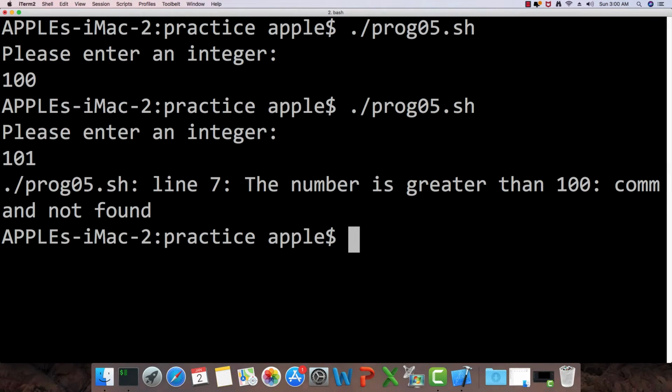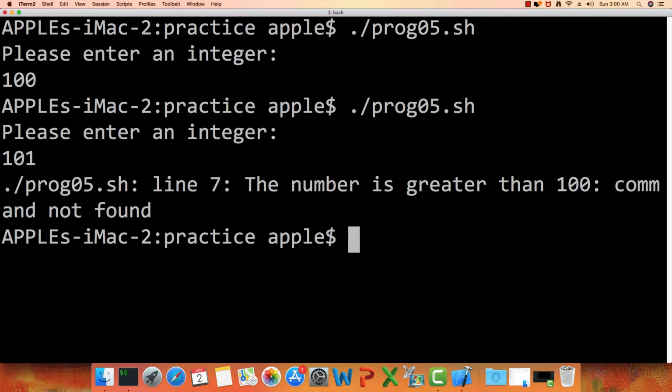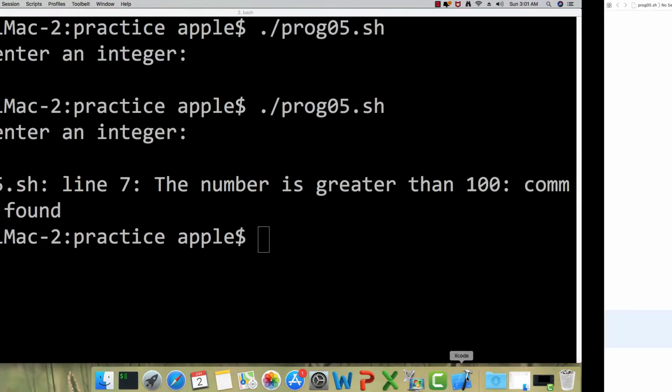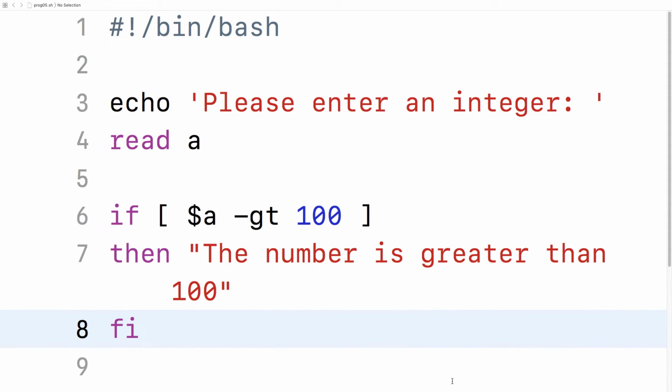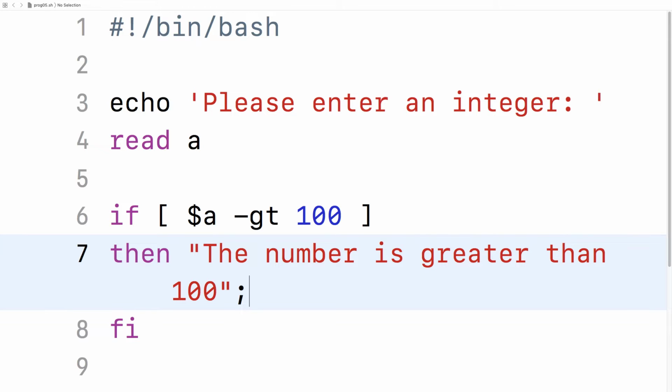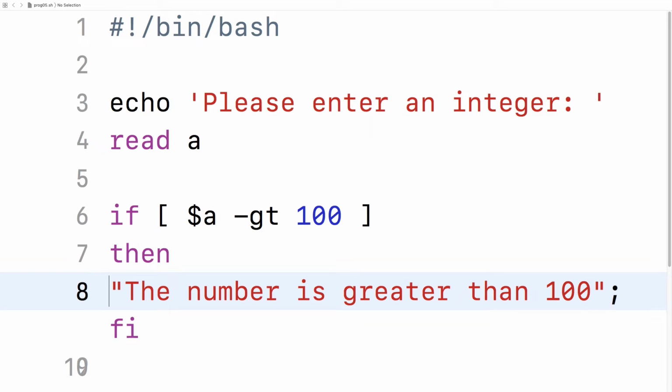Okay, so it says command not found. Let us try to understand where the problem is. Oh, sorry, I forgot to add echo here.